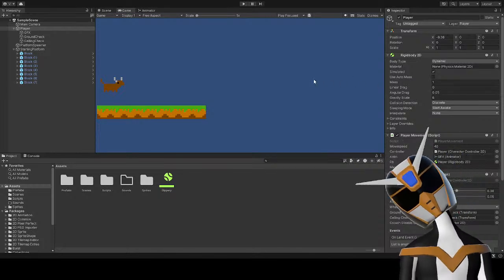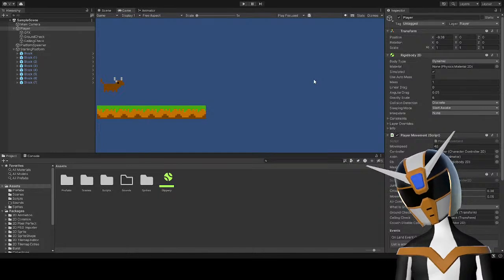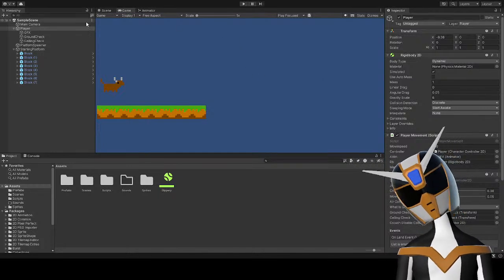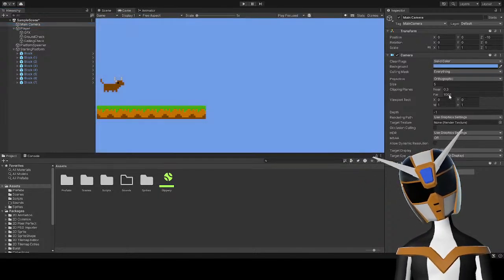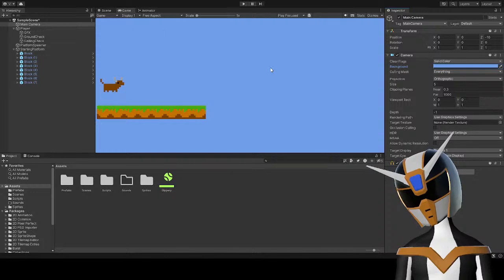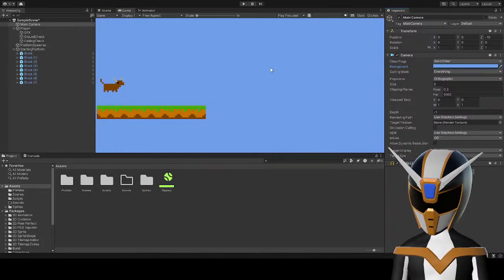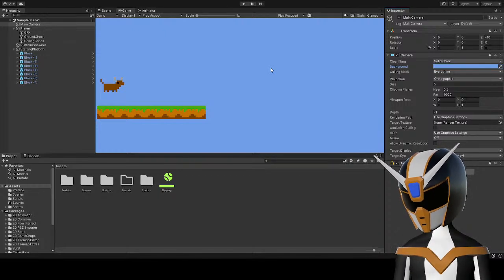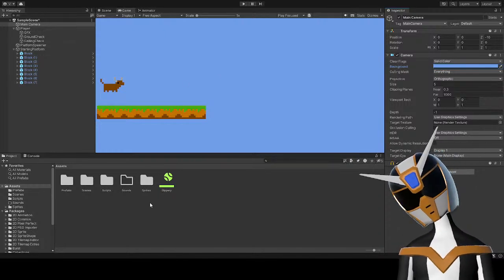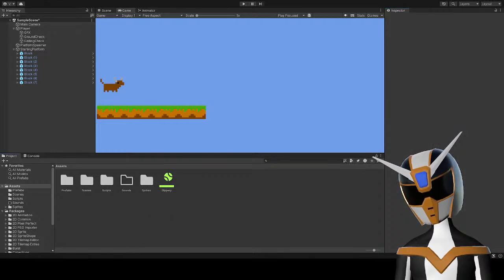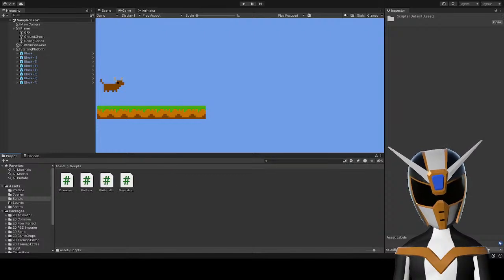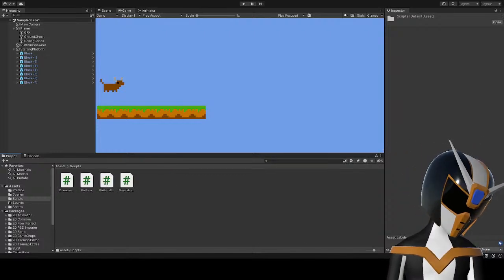Okay. So now, the one thing I want to do that's kind of bugging me is change the color of the background. This is such a gross color. There. It's a bit more pleasant. It's not the default Unity background color. Let's see. I do have a script for making the camera follow the player. Let's see, where is that?